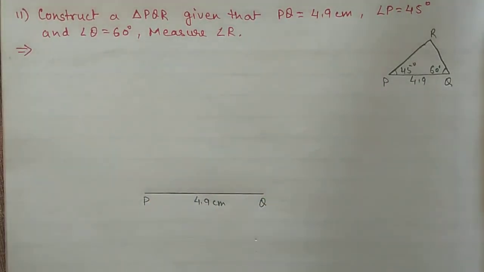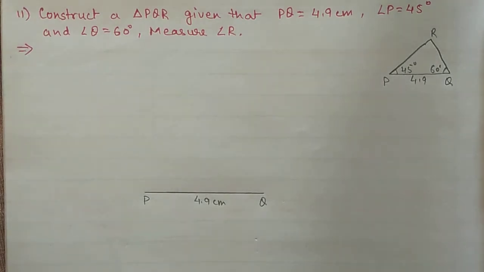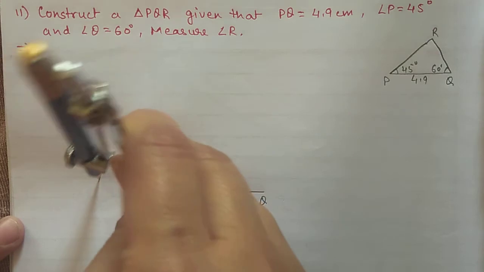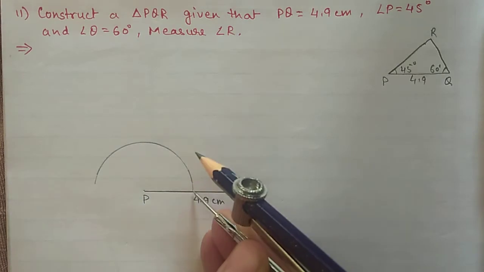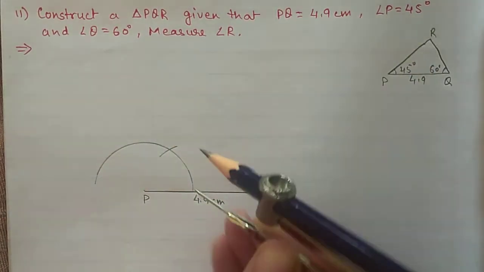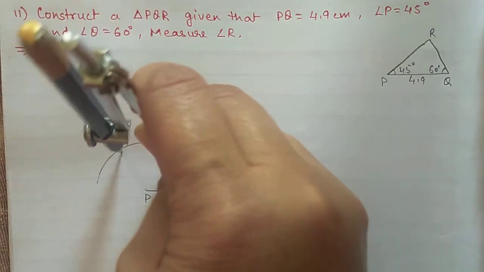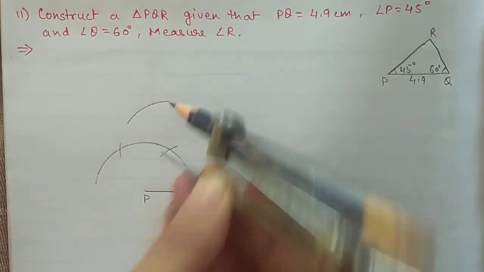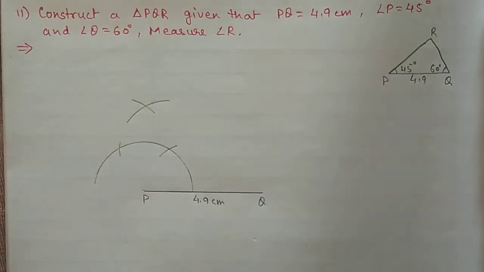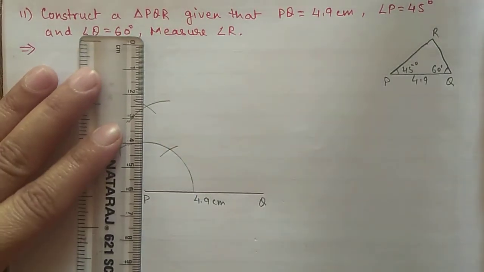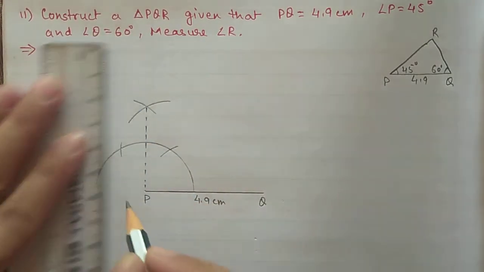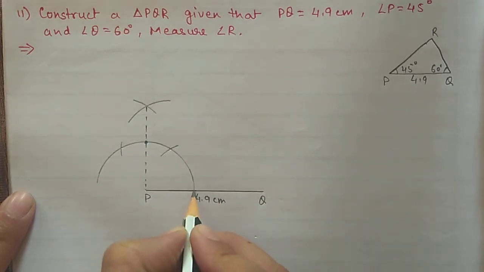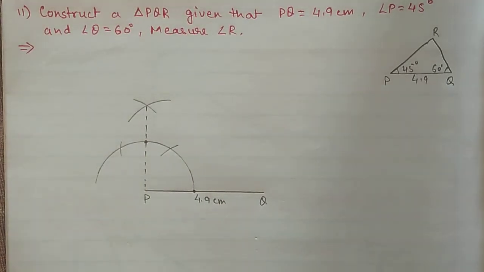Then on P we have to construct 45 degree angle. For that first we will construct 90 degree. For 90 degree first semicircle. First arc is 60 degree, second arc is 120 degree, and when we bisect 60 and 120 we will get 90 degree. Because 90 degree is not our main angle, this line we will draw dot by dot. Now this point is 90 degree and this point is 0 degree.